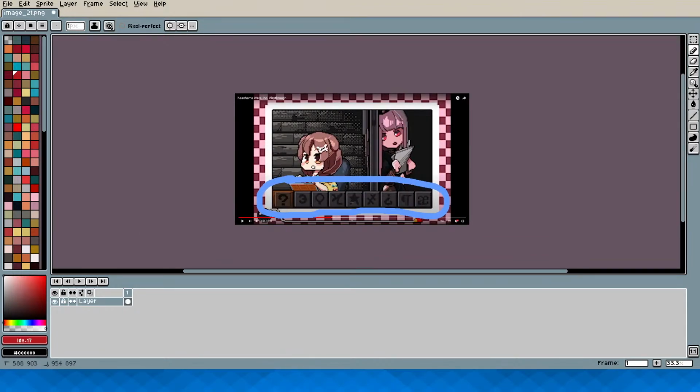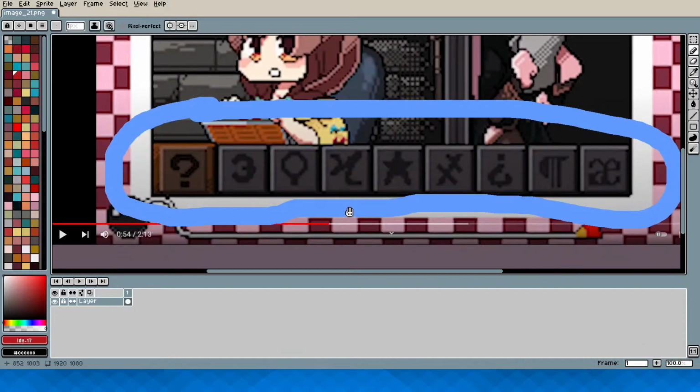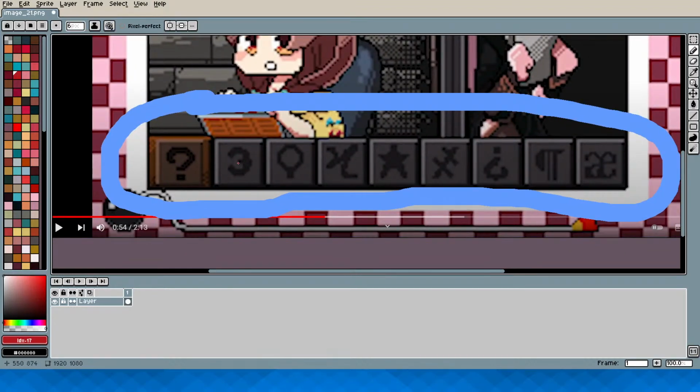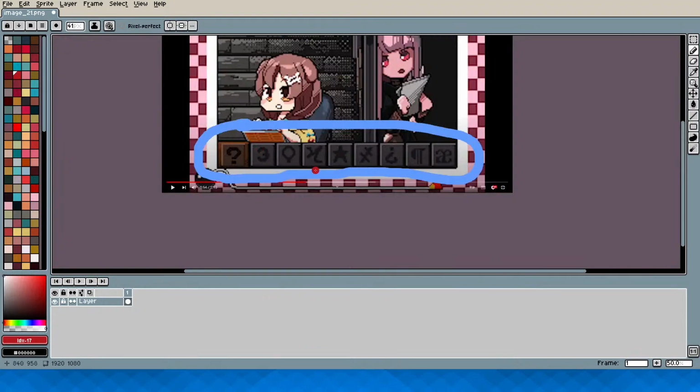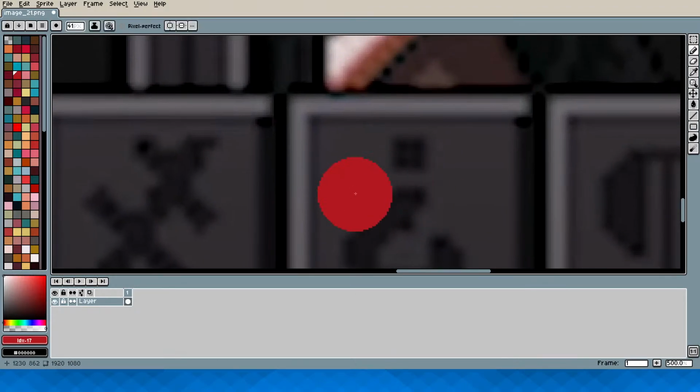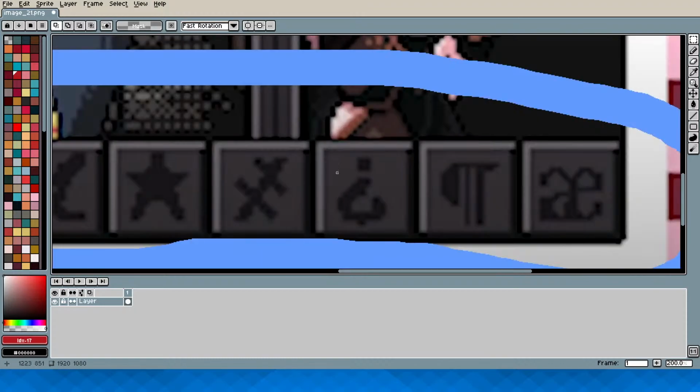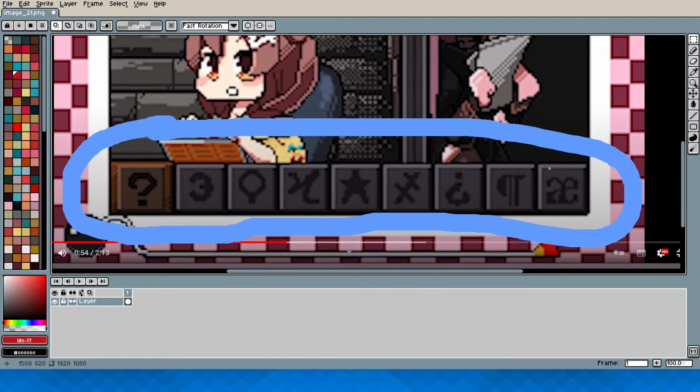So this right here is 8. Let me also make this bigger. This is 1, 2, 3, 4, 5, 6, 7, 8. So I think I'm just gonna make 8 symbols or something, because I'm not gonna crop them out of the screenshot. Since, I mean, this is very blurry and low quality. Like, this has gone through some kind of WebM compression or whatever. So some kind of YouTube compression. So I'm not just going to take this.